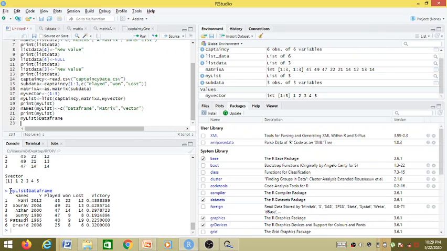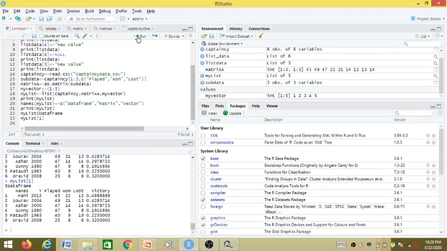Now it is not displaying the entire list, but only the first element because we have asked for it. The same we could have done using the index. Like here, suppose I give 1 and run this, I will get the same result.